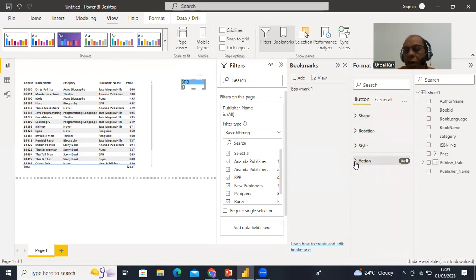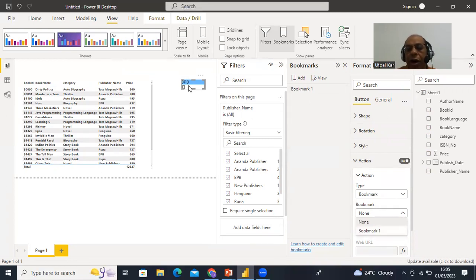If you click on action, you will find that the name of bookmark 1 automatically comes. That means you are establishing a link between your bookmark and this bookmark button. So if you choose bookmark and come out of this property,